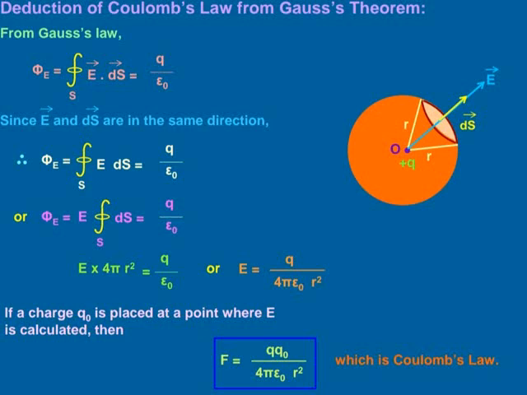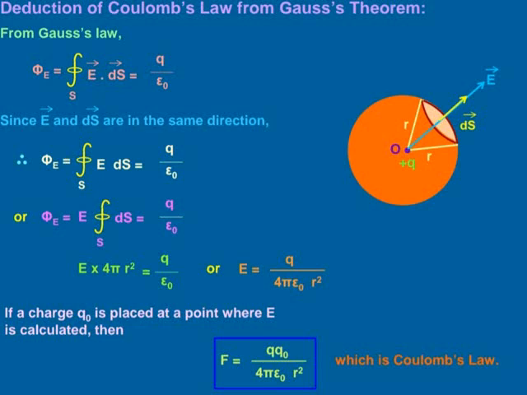Now, you have to find out the net flux over the closed surface S. Then phi E will be the surface integral of E dot ds. And you know that the total surface area will be 4 pi r square. So, phi E will be equal to E into 4 pi r square. And by using Gauss theorem, this surface integral of E dot ds must be equal to Q upon epsilon naught. So, E into 4 pi r square will be equal to Q upon epsilon naught. So, you get E equals Q upon 4 pi epsilon naught r square.